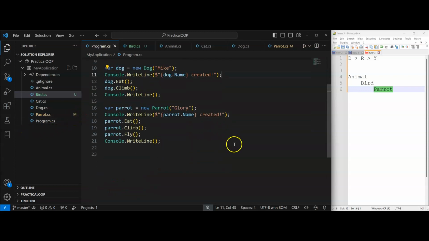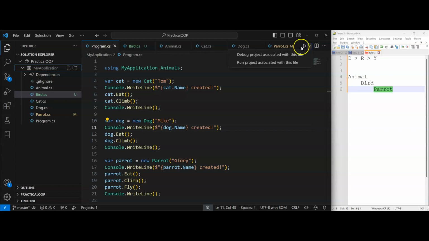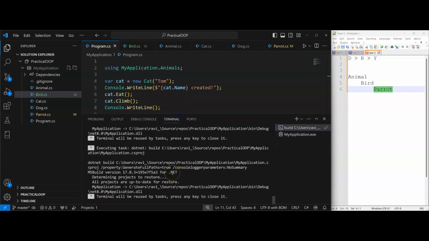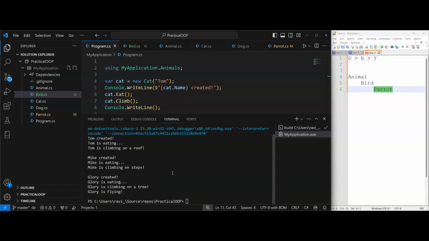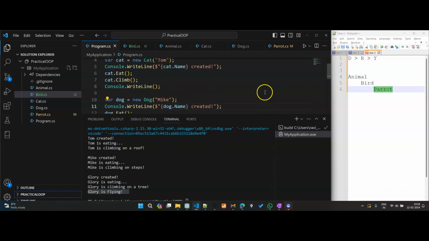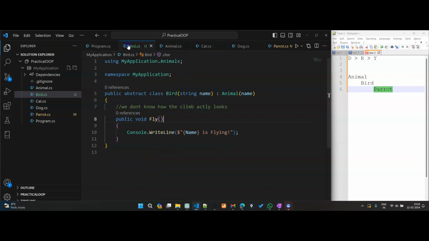issue. So, but in order to make sure we did get this right, I will always run the application and make sure we are still getting the same output as what we got initially. So now Glory has no problem in flying, even though it is now using a multi-level inheritance. So we can actually now go ahead and add any number of birds without having to worry about repeating the fly behavior